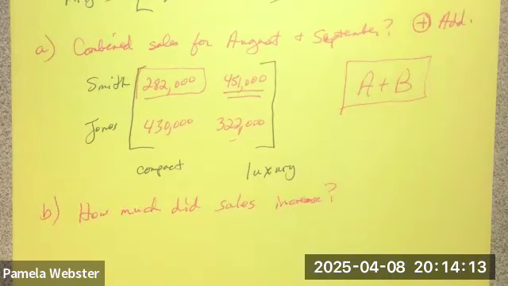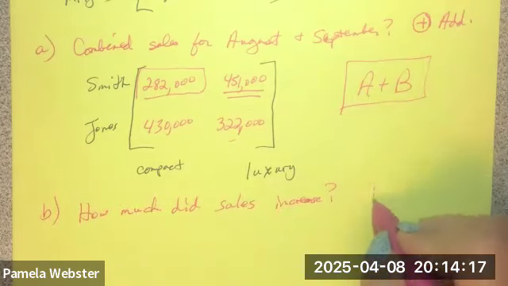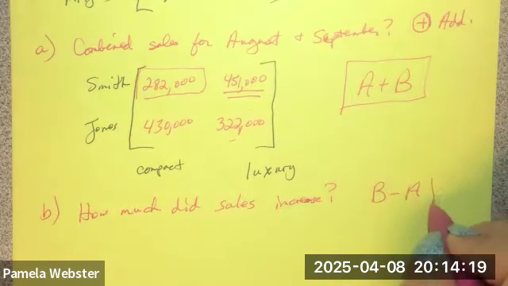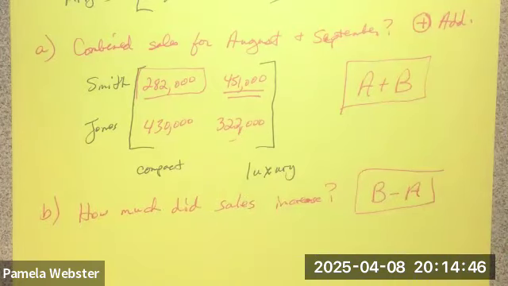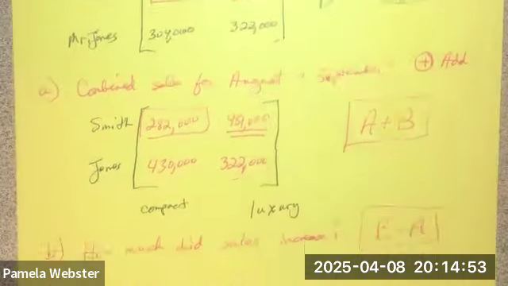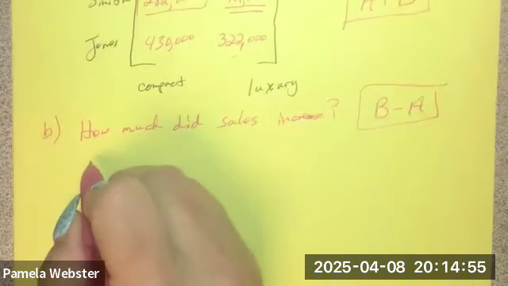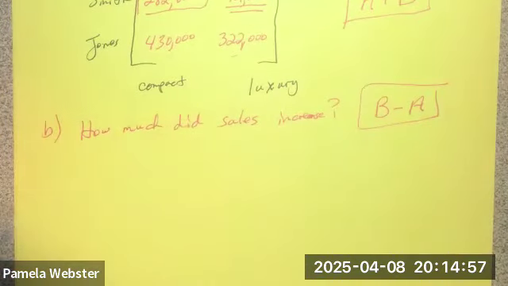Now I want what? The difference between the two months. So I want B minus A. I want the difference there. So I'm going to have to do a different kind of operation, right? That's going to be subtraction, not addition. So that's going to be September minus August. Well, let's see. September was, let me rewrite this matrix here. So what we're saying is to do B minus A, we're doing